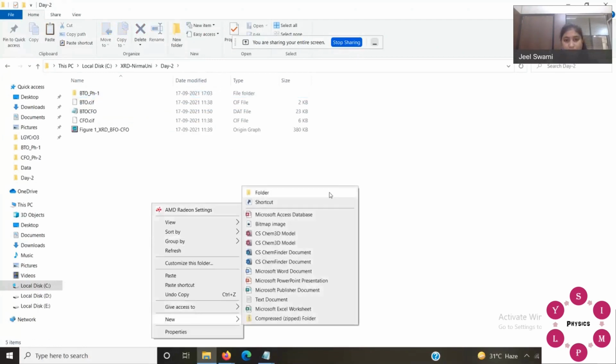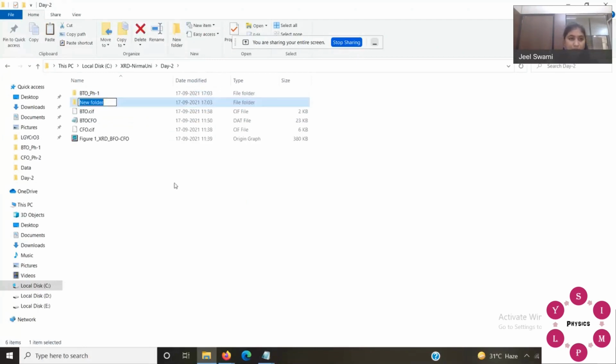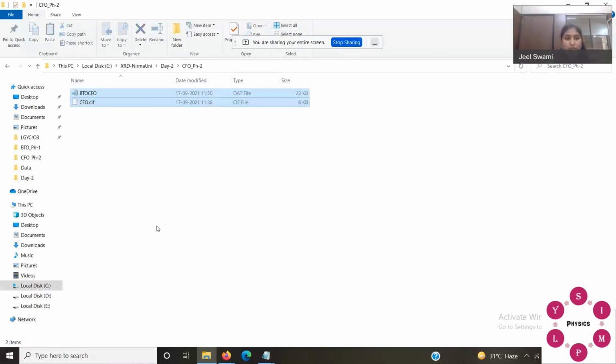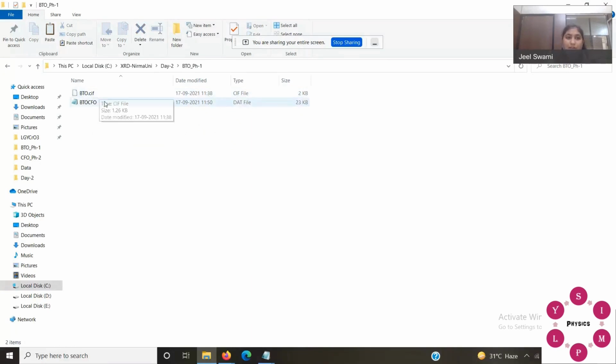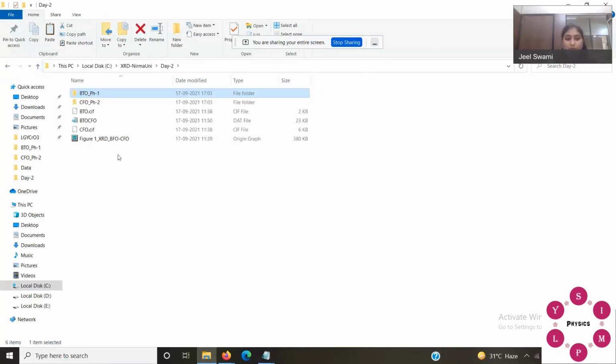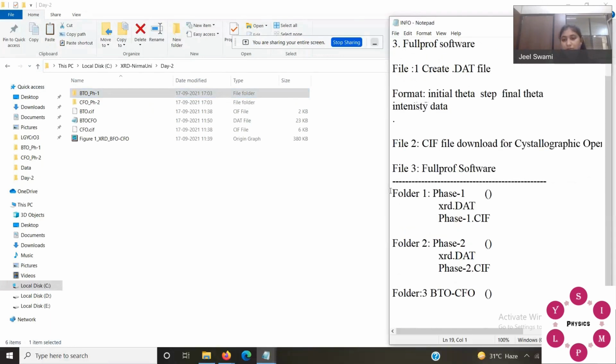For the second phase, it is CFO phase 2. For that also we need our XRD DAT file and the CFO CIF file, so copy and paste that. Now you have two folders, both containing one CIF file and your XRD data file. Up to this you have it.